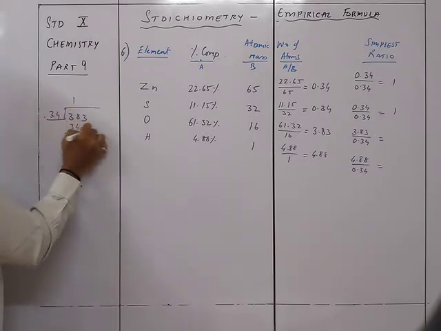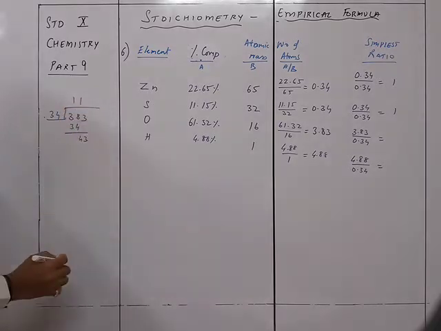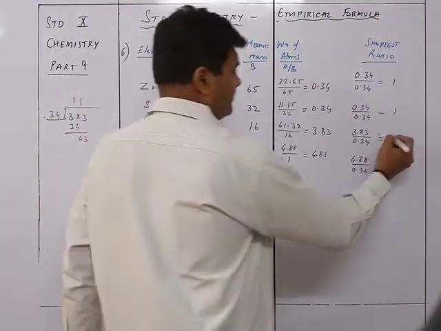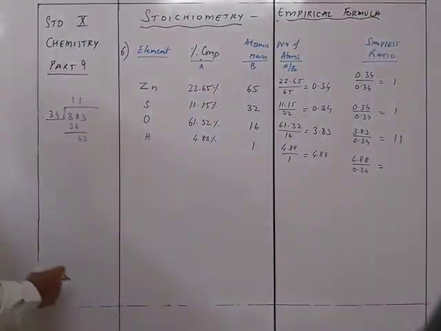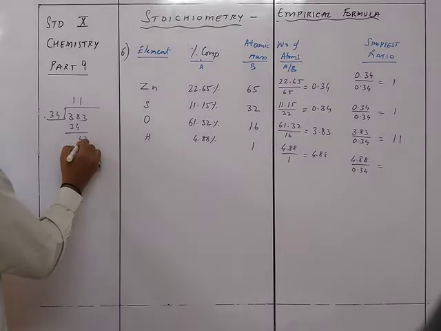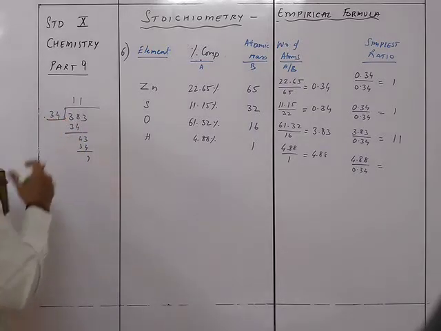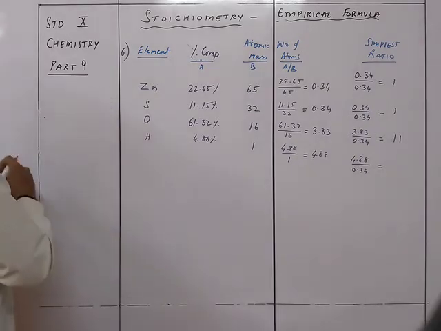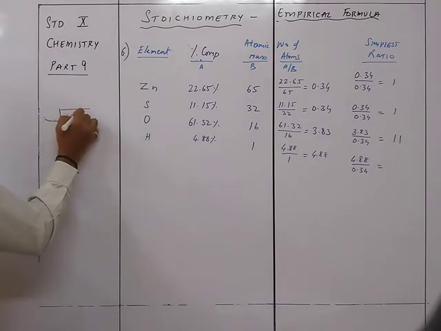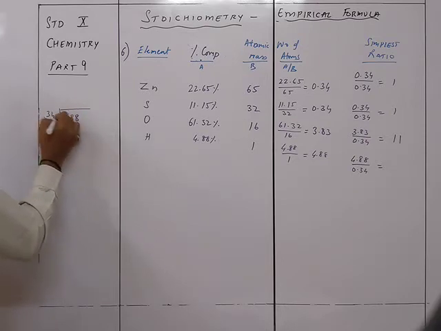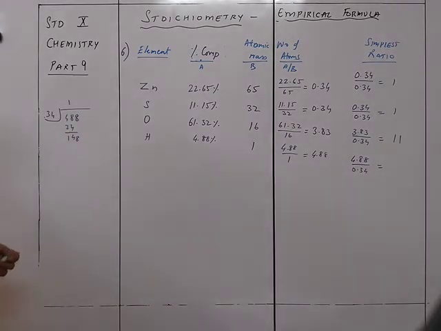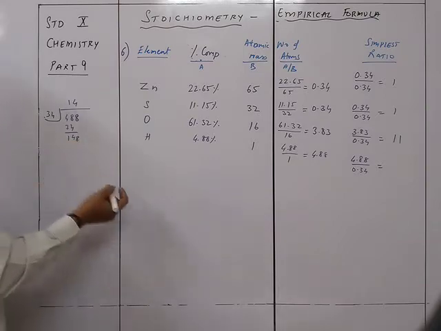Ones are 34 and then 43, again ones. So that gives almost 11. So we'll keep it as 11. Because it's 34, so it's 9. There is no need to take the decimal points. We see again 488 upon 34. 34 ones are 34 and then 148, so it should be around 4 times up. So it will be 14.